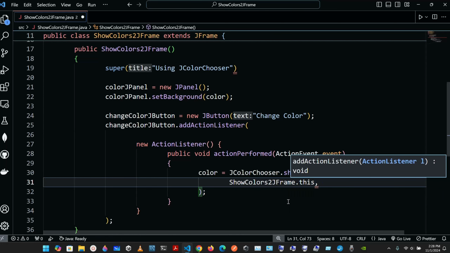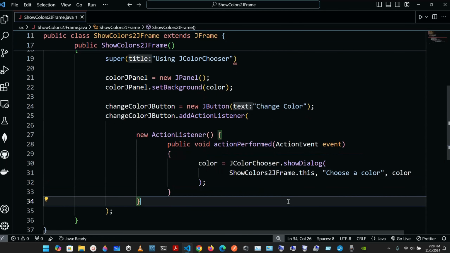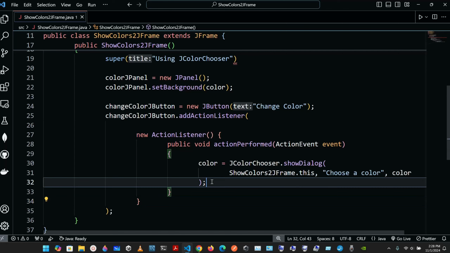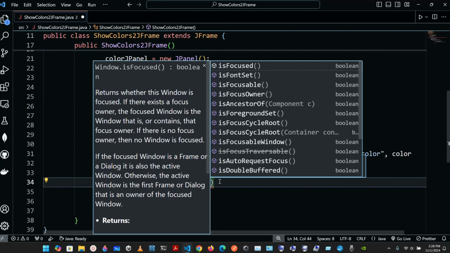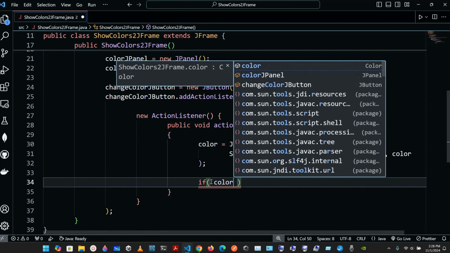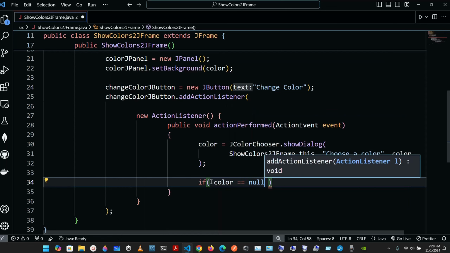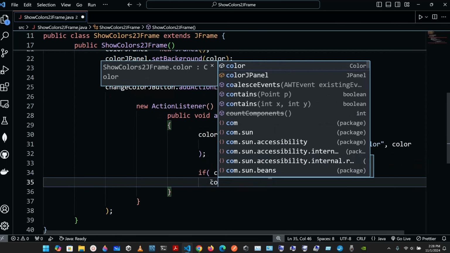Okay, we are gonna have choose a color, and finally just the color. Okay, let's save it for now. So now, outside of this parentheses, outside of the semicolon, but still inside of this public void actionPerformed, here we're gonna set up an if statement. So if, and now our condition, if color is equal to null, then